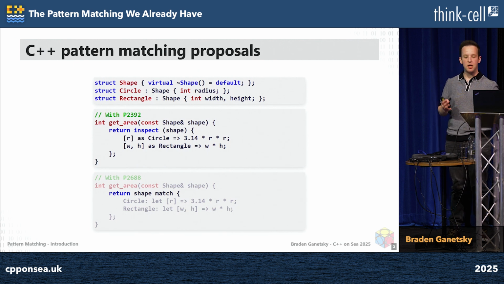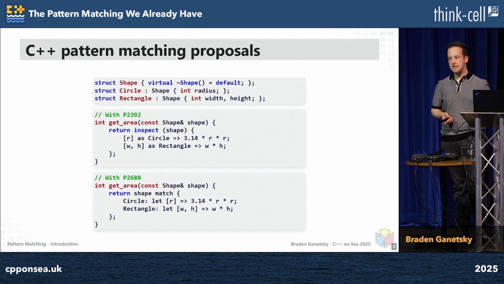But again, you match the shape against a few different cases, and you end up getting this polymorphism just like this. So you can deconstruct as a circle, deconstruct as a rectangle, and get the proper area for what you want. But these aren't in the standard, and they're not in C++26. That was finalized 2 days ago, as Herb mentioned earlier today. These are not in C++26.